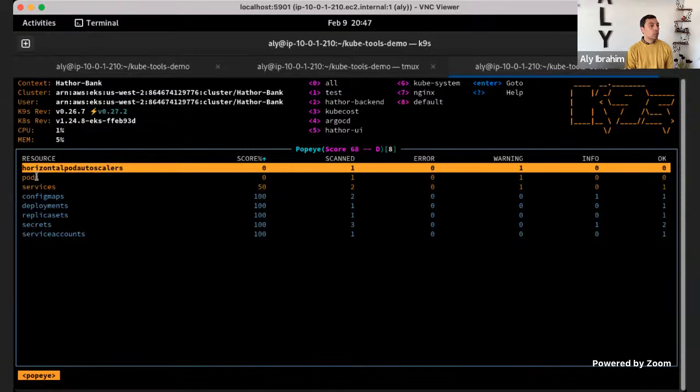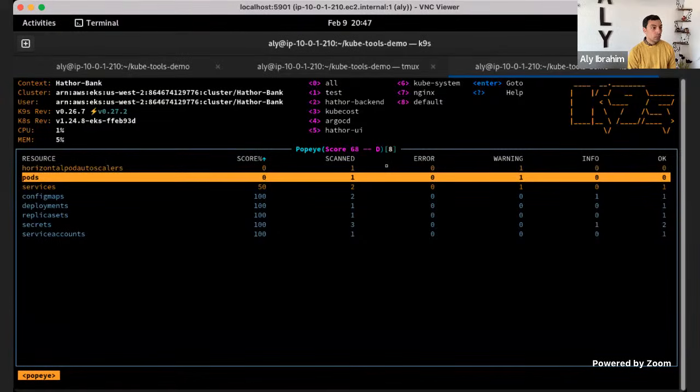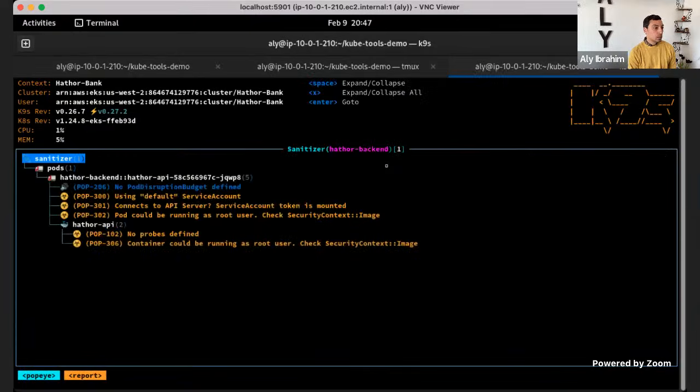So it's showing that you have one warning out of the 50 services, config maps. So let's say we want to see what is the warning on this pod. Enter that, and it shows you that this pod is running using the default service account, and we need to change that. And this is my pod, so for the demo, we need to change that. This is kind of a security warning.